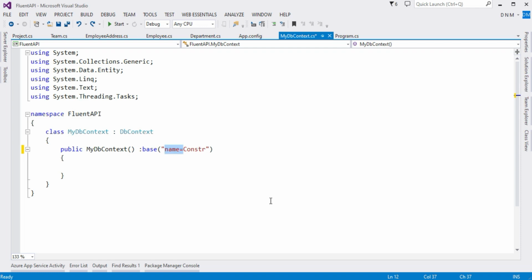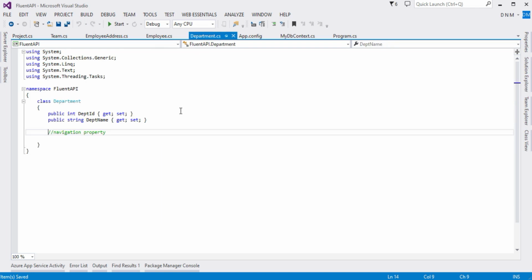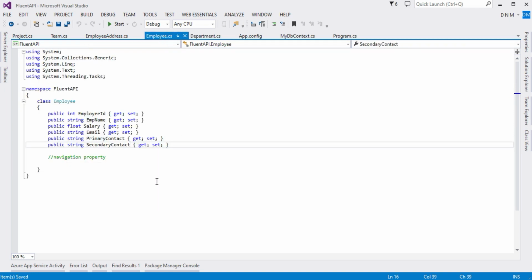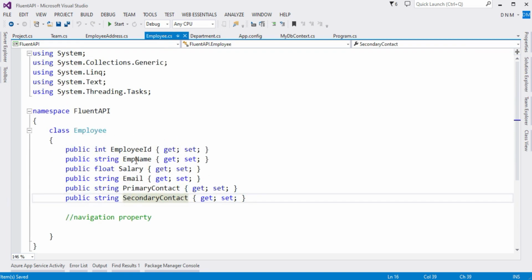Okay, so we are done with MyDB context. Now these are the important classes. Department, having fields department ID and department name. Then the employee class, having the fields employee ID, employee name, salary, email, primary contact and secondary contact.